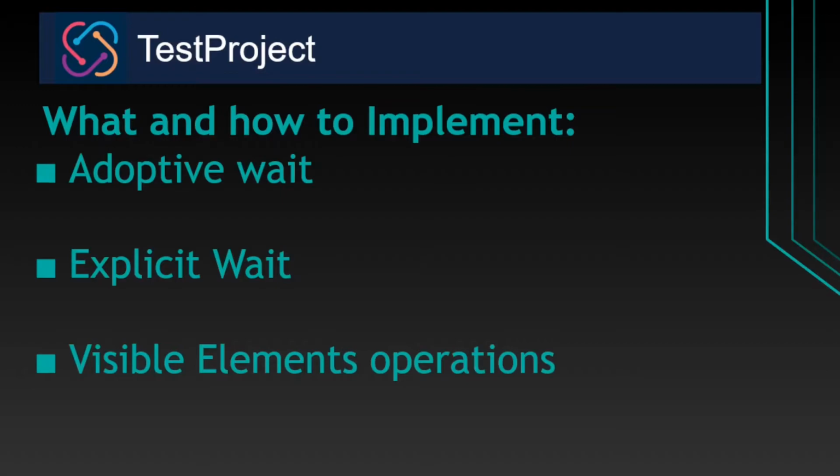So that means the next step will be executed only if the element is visible. If you want to click on a particular element, once it is visible, you can click. If you want to validate whether the button is clickable or not, you can perform that. You can wait until that particular button is visible. So these are all the different options available in TestProject. These different types are helpful for us to automate our test cases very effectively